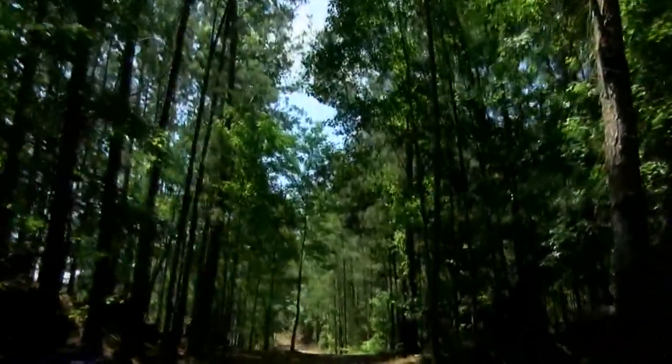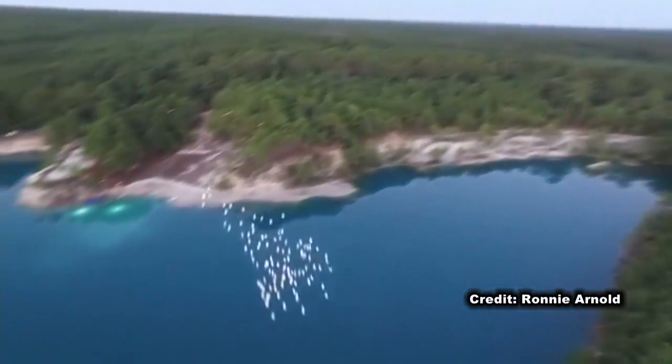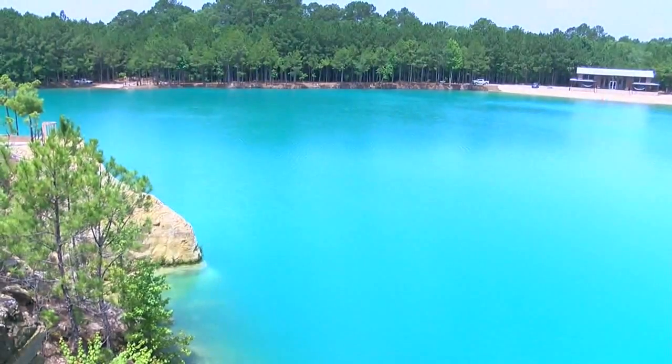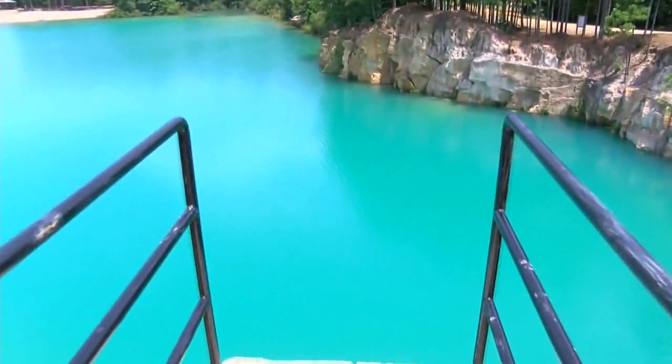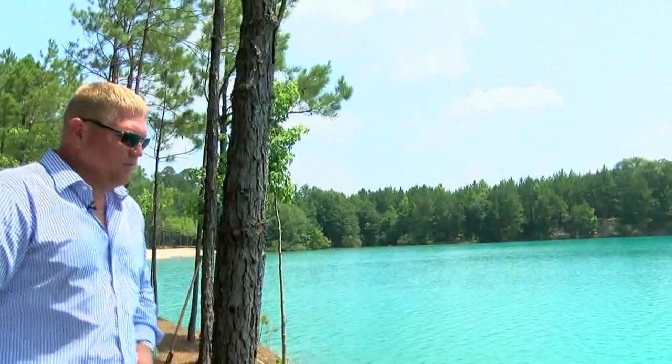Hidden deep inside the Angelina National Forest is this body of water. The Blue Hole shines as bright as any hidden treasure with its glittering blue waters. Being from East Texas and seeing water like this was just something that didn't exist. But it does exist in Jasper County, and the natural spring belongs to Diboll native David Frankens and a handful